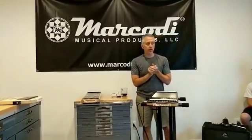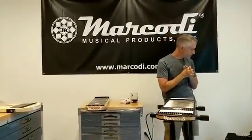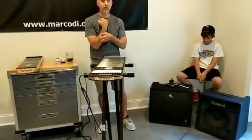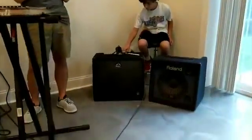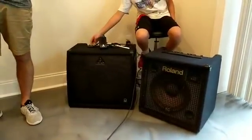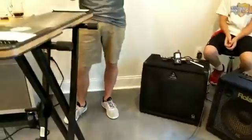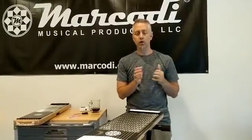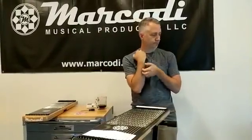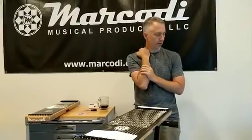Okay, so today we're doing a little bit of an amp shootout. For years, actually almost since the very start of Marcodi and the Harpejji, we've used the Roland KC-350 as the standard amplifier for voicing all Harpejjis. You might ask, why do we use a keyboard amplifier as the standard? Well, with the K24, it's a 5-octave range, and it's a big range, and you need to have the high highs and the low lows that a keyboard amp provides in order to work nicely with the Harpejji K24. And because we needed to work for all the Harpejjis,